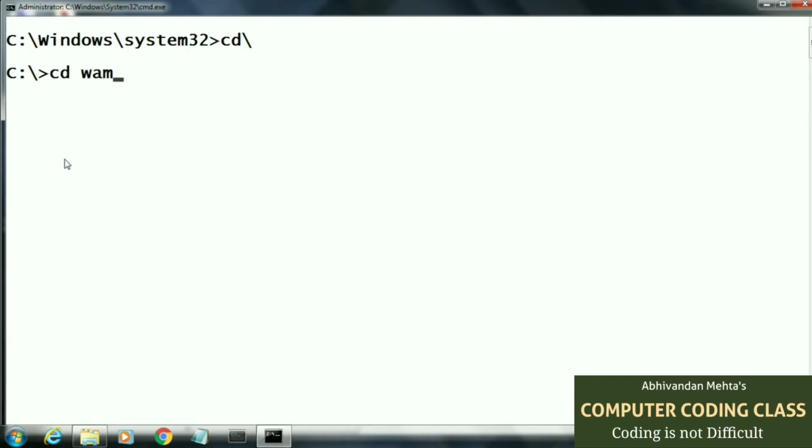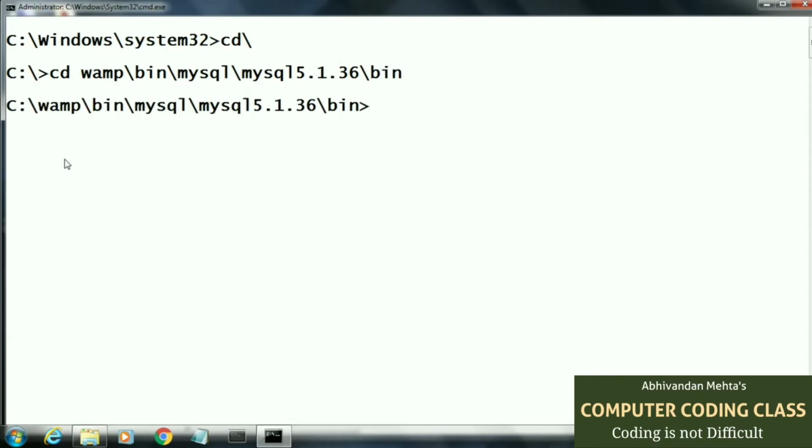Here the address will be vamp/bin/MySQL/MySQL 5.1.36/bin. This is the folder of our MySQL file.